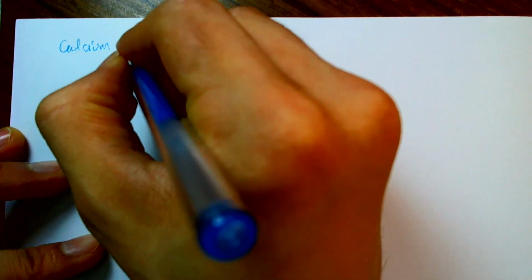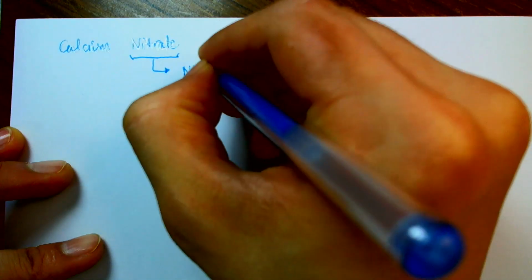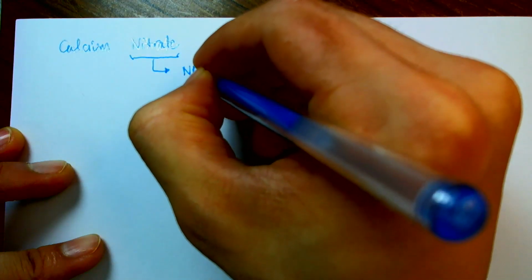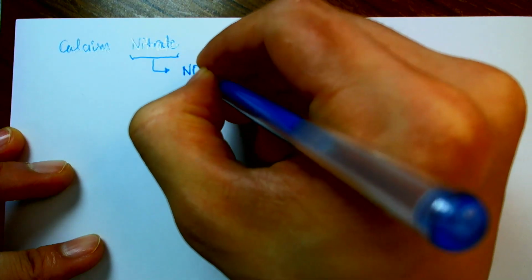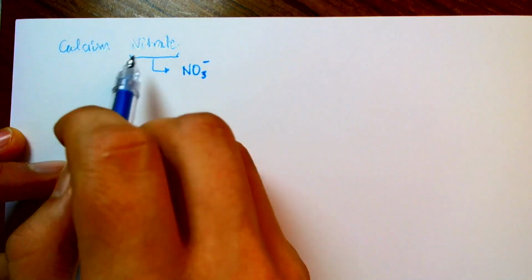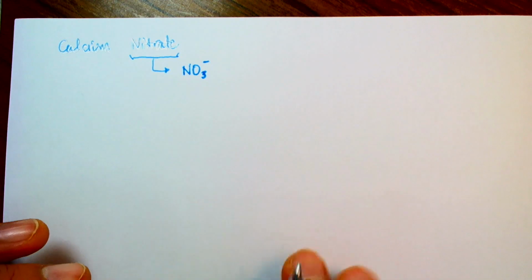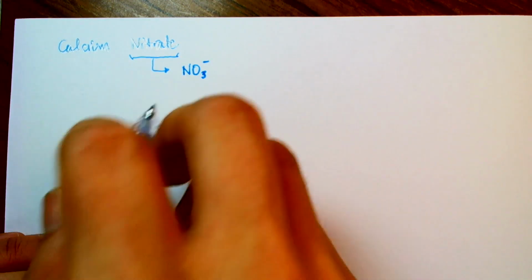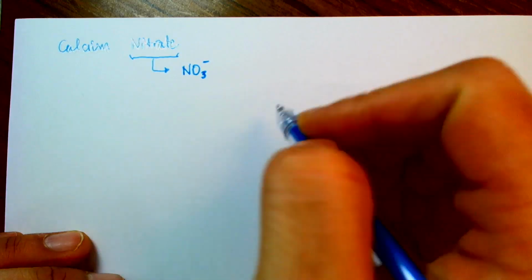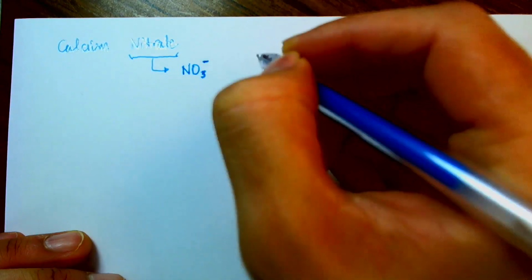Now, in this case, you're going to have to recognize that nitrate is the NO3 minus ion. So if you've not seen this, don't worry about it. These tend to fall into the category of the ones you have to memorize. As you see it more and more, it sinks in and becomes second nature. So nitrate tends to form an ion with 1 minus, whereas calcium,